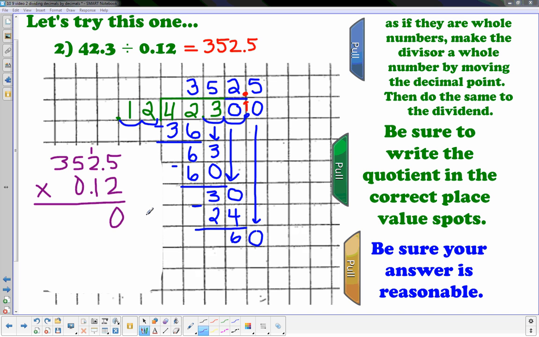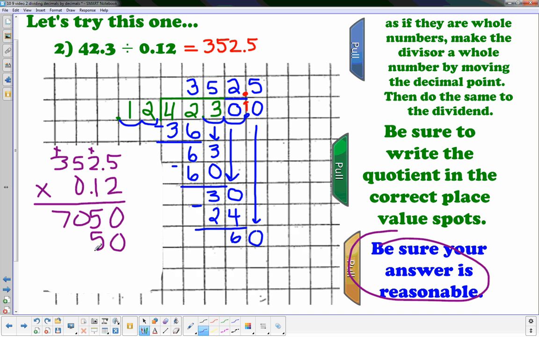All right, I've gotten started. We're multiplying 352 and 5/10 times 12 hundredths to see if that will get me 42 and 3/10. This is checking my answer for reasonableness. So 2 times 2, 4, plus 1 is 5, 10, 7. Check to see if your work looks like mine. Now I'm multiplying by 1. 1 times 5 is 5, 2, 5, 3,